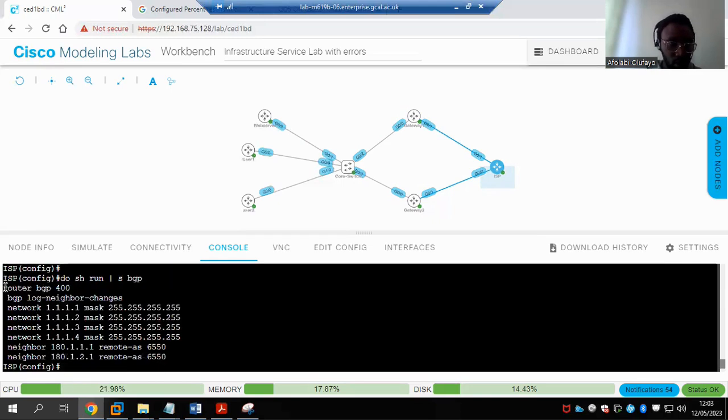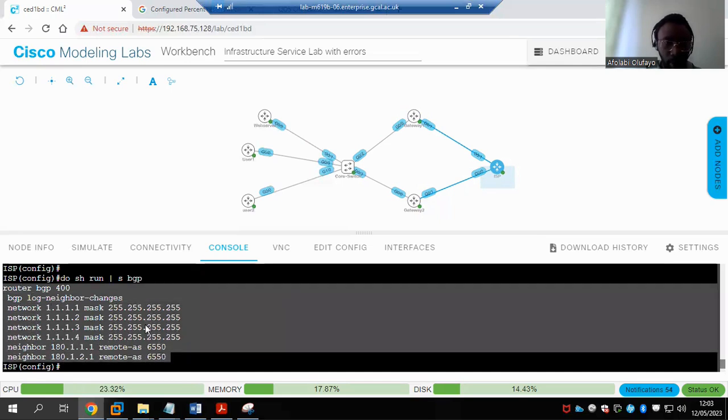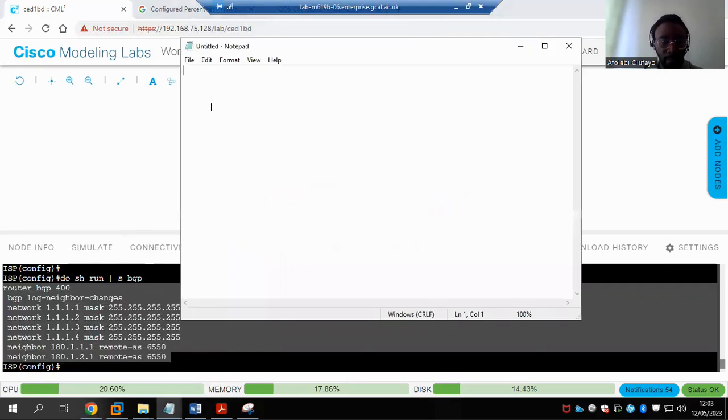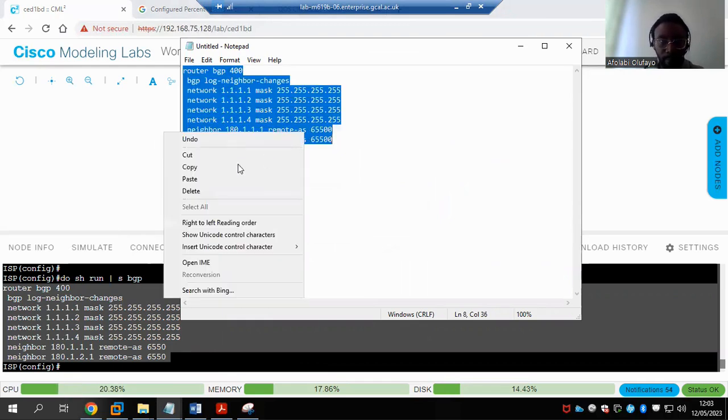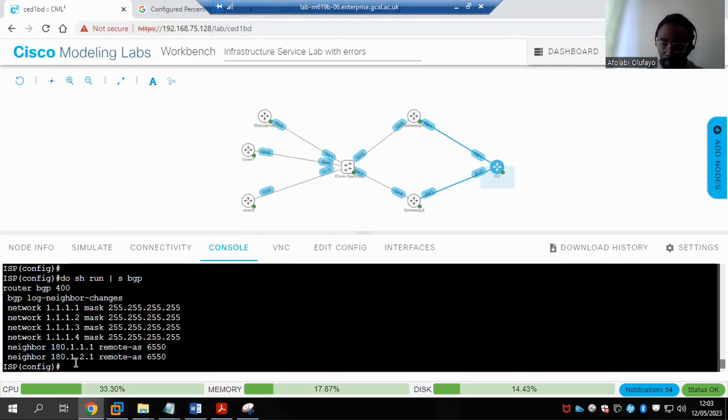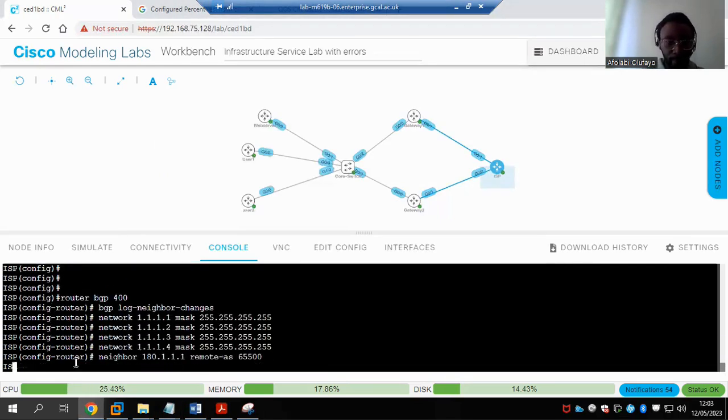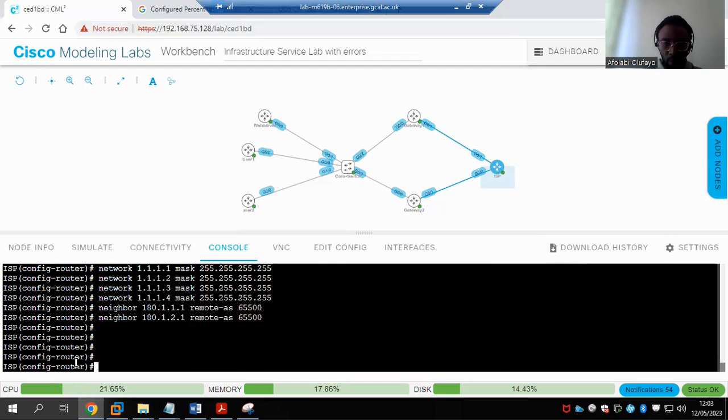I'll just use my notepad quickly to bring this up. So the AS should be 65500. So now I check, do show IP BGP summary.